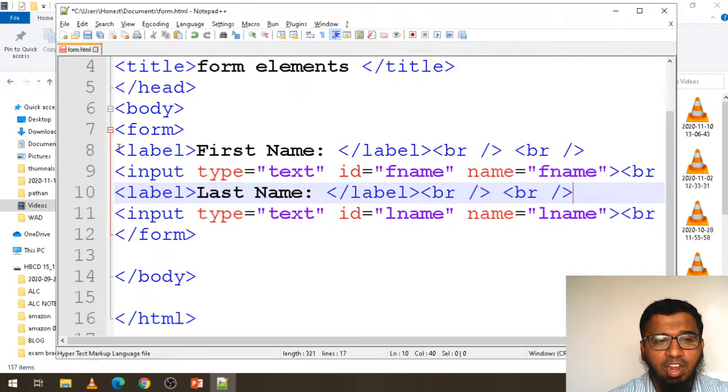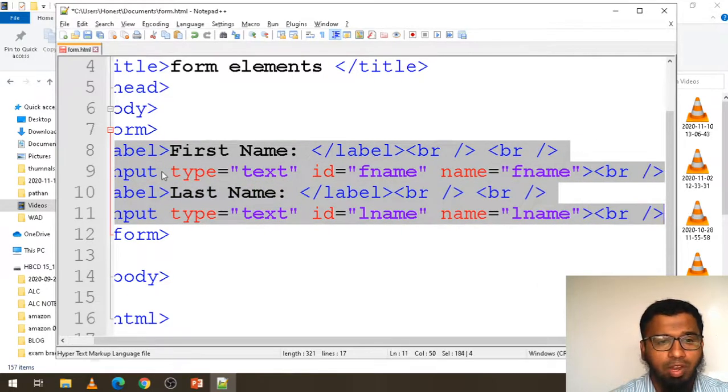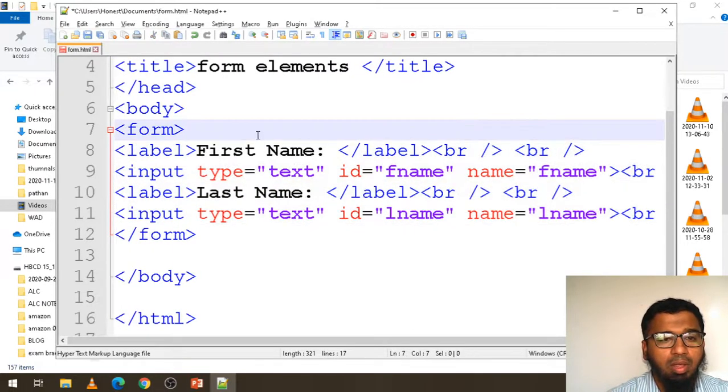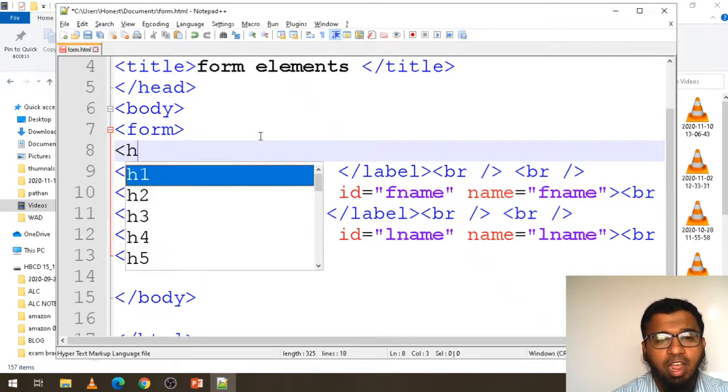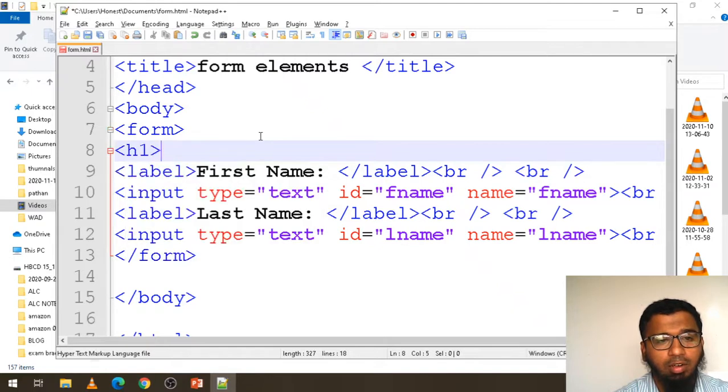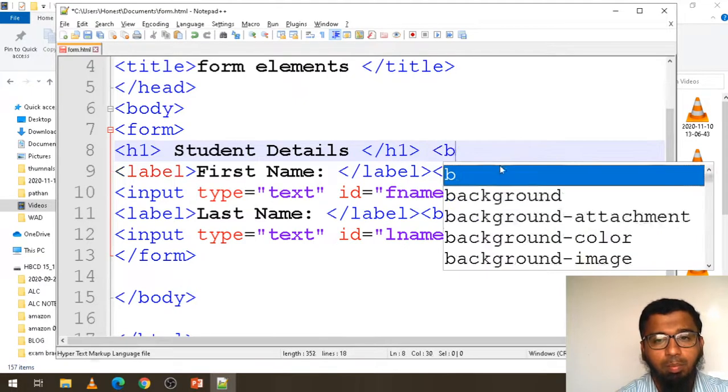But whenever we are creating the form, before that you must write a heading, like heading 1, H1, opening tag and closing tag. Here I am writing student details. Okay, student details, and here I am writing BR.